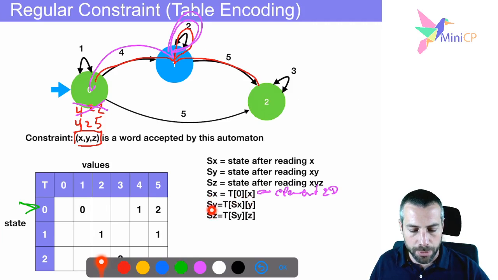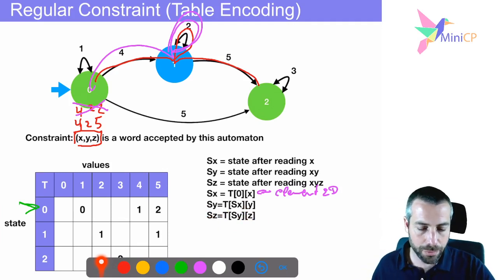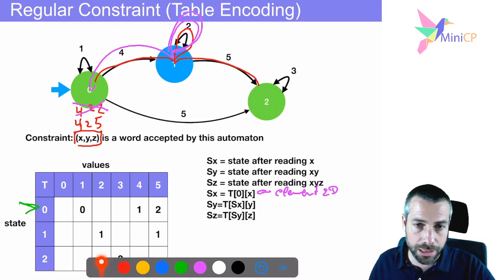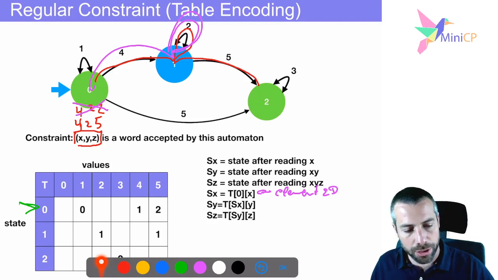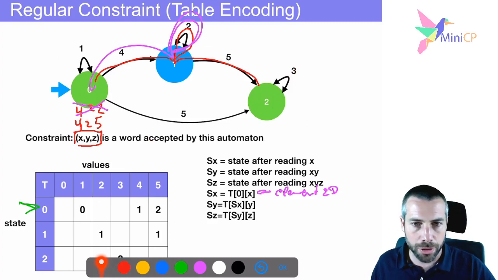Okay? You do the same now, but in the next step you start from S of X. And just after having read the input Y, you will be in state S of Y. And again, this is an element 2D constraint. And you have a third element 2D constraint for linking the state of Y, then the input Z that you will read, and you go into state S of Z. Okay? And so this is a clear usage of the element 2D constraint, which itself uses the table constraint. And so by using table constraint, you can easily model regular constraint, okay, which is a quite advanced constraint that is very rich, very powerful for modeling some specific problems.